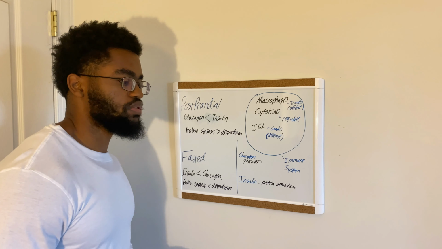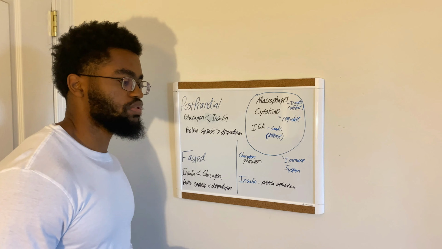So from a muscle building perspective, glucagon is not going to be your friend, but when you're in a starved state and you need to survive, survival is key. Then glucagon is going to be your friend because it's not going to break down your liver or your brain or your heart before it breaks down your muscles. Your muscles are not a priority when you're in that state, okay?